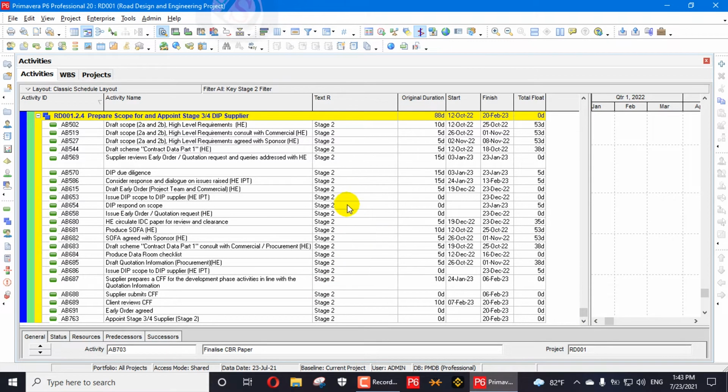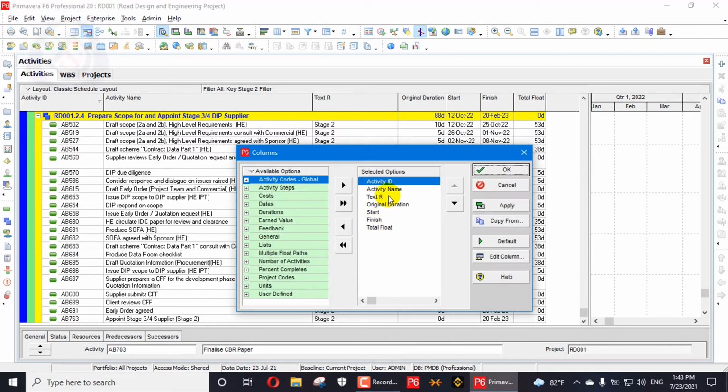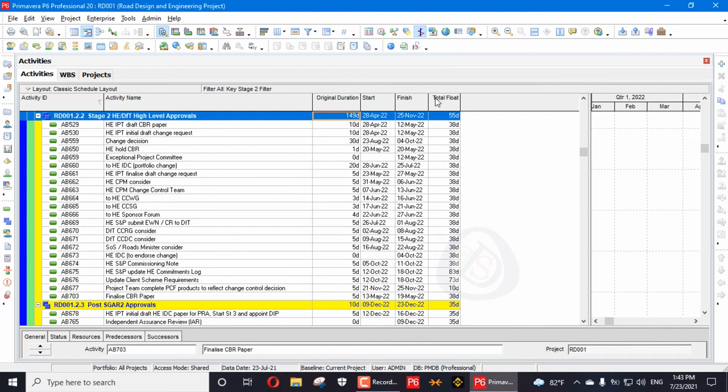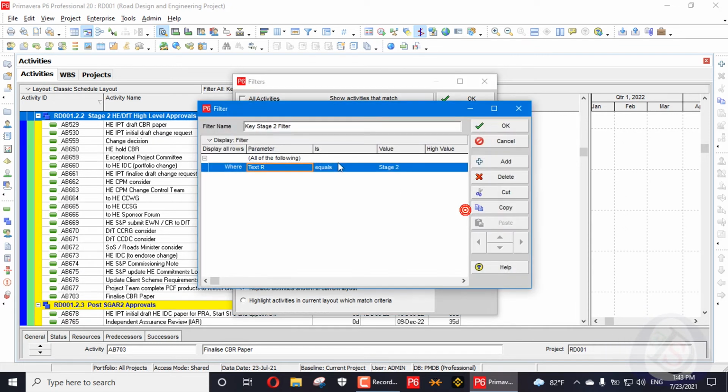So any number you write here, you can make a custom selection of your activities for printout to your client, so you can do this trick. This is a very helpful trick, you can use that. For example, if you have to filter Stage 3, Stage 4, Stage 5, you can create it like that. I can show you how you can create it. For example, you want to create a filter for Stage 3, you can create here a new filter with the name of Stage 3, and modify, like here you can write Stage 3. So it's easy to make.